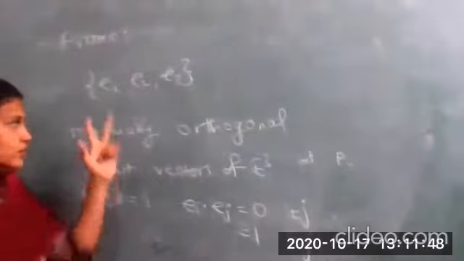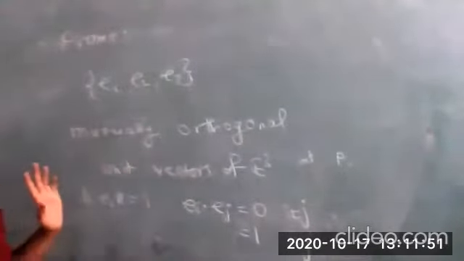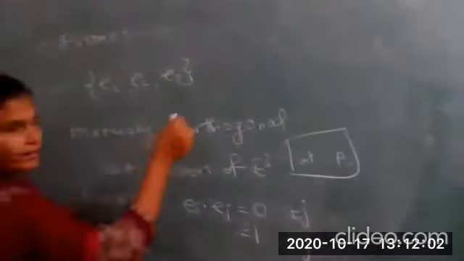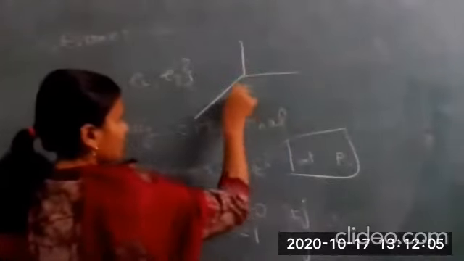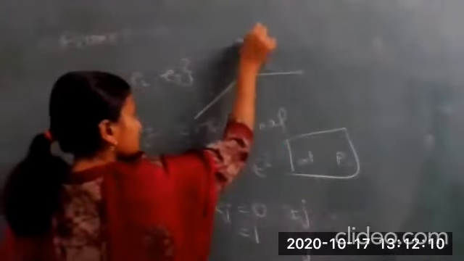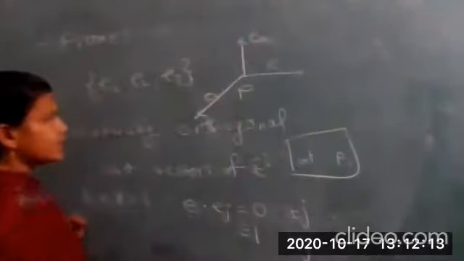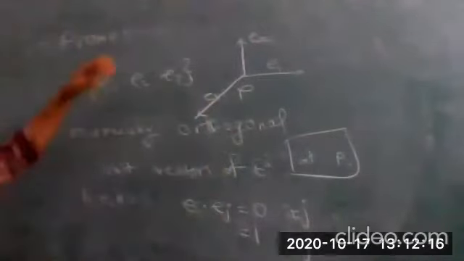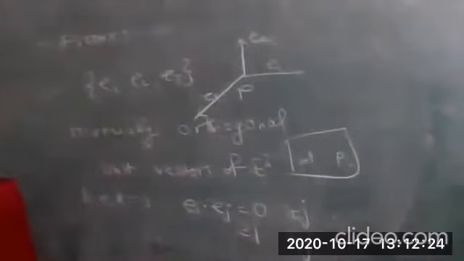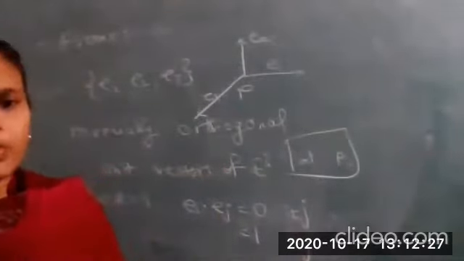What is the next condition for these vectors? They are unit vectors. That means they have a unit distance from the origin. Instead of having an origin, we have shifted them to a point P, in general any point P. At any point P I can have a unit vector in the x direction, one in the y direction, and one in the z direction. So these are mutually orthogonal unit vectors at a point P. Instead of being at the origin, we have shifted them to any point P.